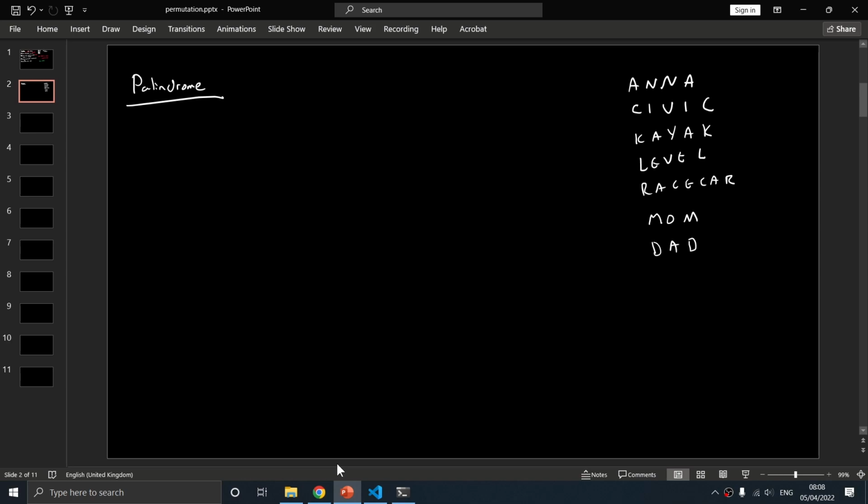So as we can see here, to make a string be the same forwards and backwards, it's roughly the same on both sides. This AN and NA are similar. This CI here and IC here are quite similar. KA and KA here. LE, LE here. Sometimes there's an extra character in the center. And if we look at the fact that these have to be similar,